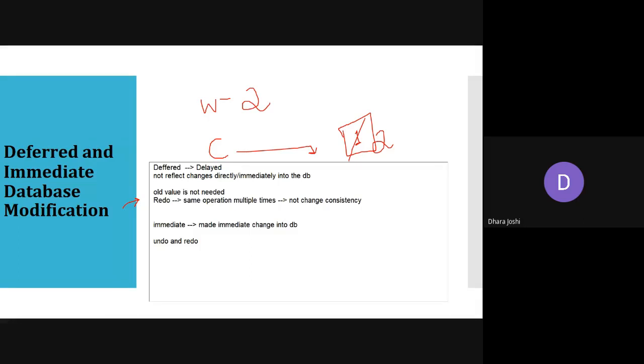And I have given you the shortcut for how to remember that. In deferred, the last 3 characters are 'red', so add O, so it is the redo operation, allowing just this one operation, and immediate allows both the operations.